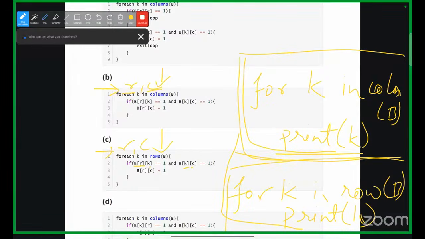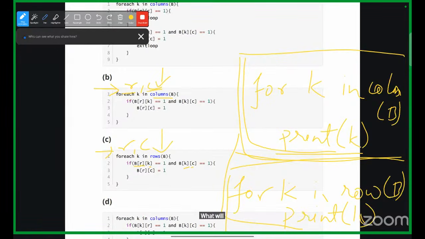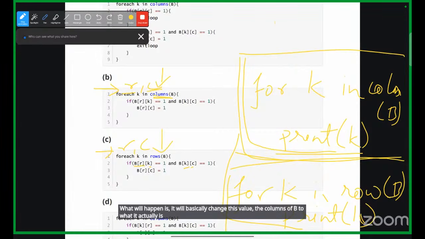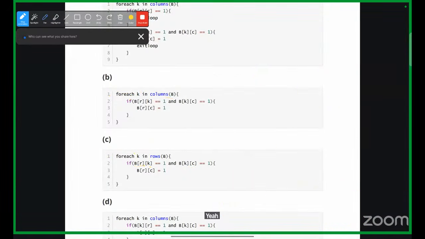So when you execute this code, right now we are just trying to do things by hand only. When you start running these things on the computer, it will basically change the value of the columns of B to what it actually is. So columns of B is what? 0, 1, 2, or you can say S1, S2. So it's basically the list of